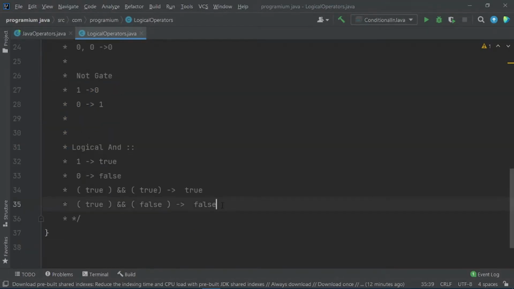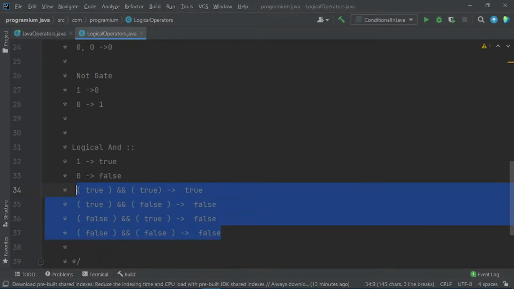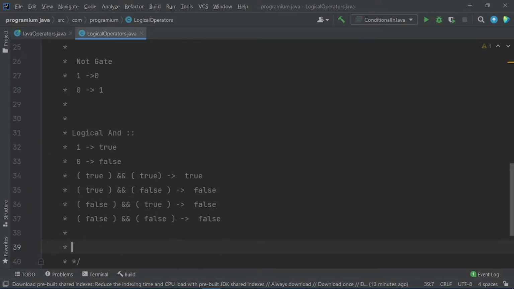Let me copy this and paste it here. So here is the false, and now here is the true. Again the result would be false. Again I am pasting this line here, and if both of the inputs or conditions are false, then the result would be false. So this is the logical AND operator.